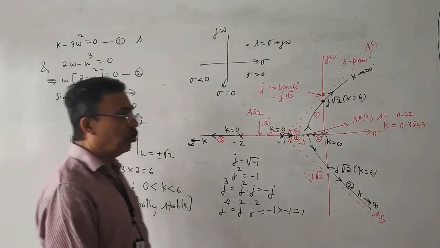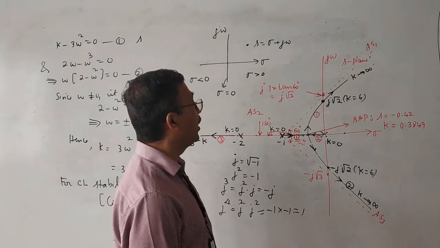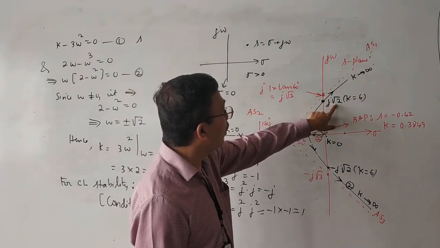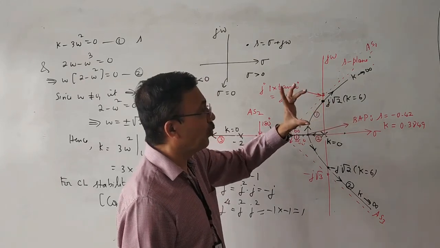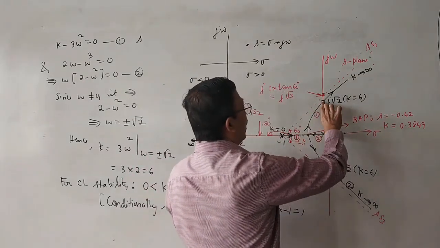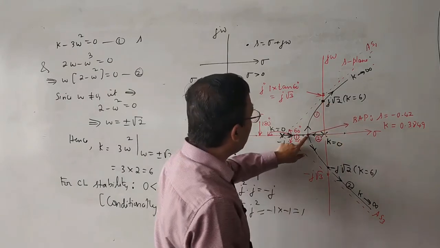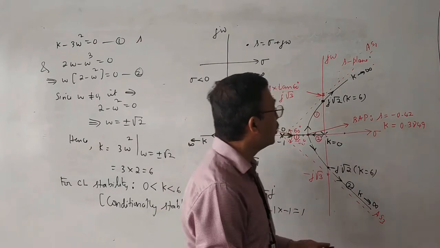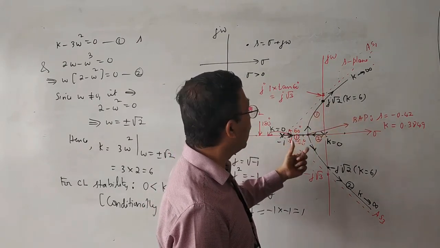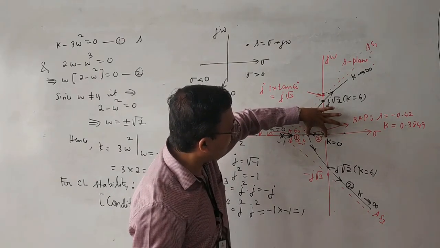Now when you draw the root locus on the graph sheet, as I told earlier, a 1:2 scale has to be taken. That means when you plot it on graph sheet, root 2 means 1.41. 1.41 should be multiplied by 2. That means this will be 2.8 divisions. 0.42 you multiply by 2, you get 0.84. So this will be approximately 0.8 divisions.